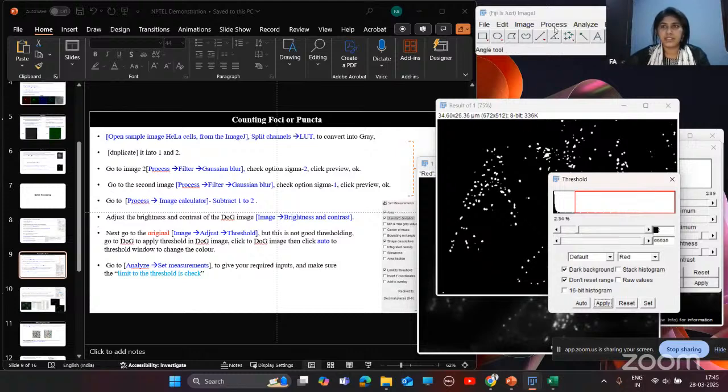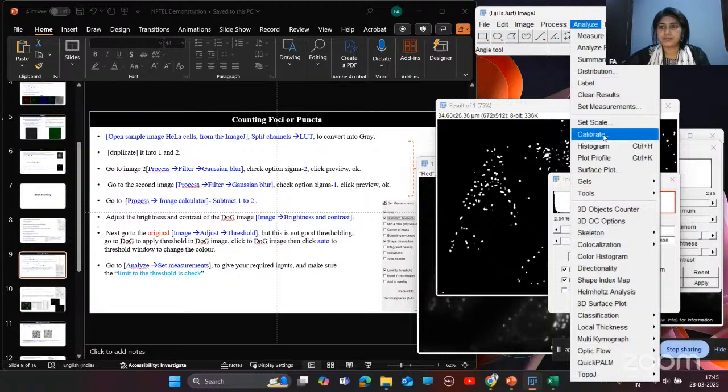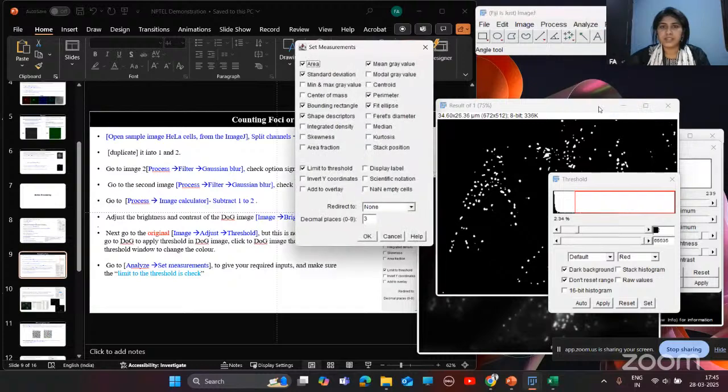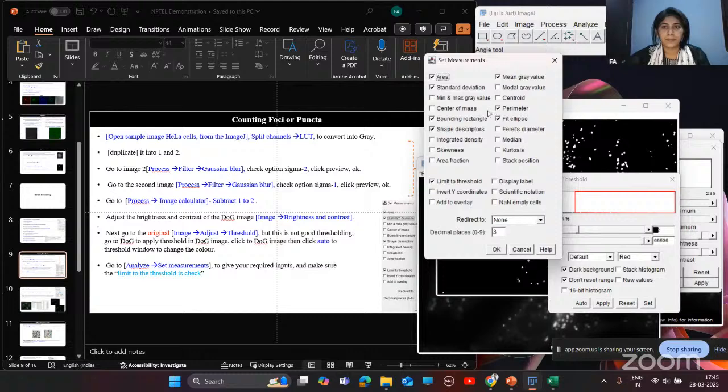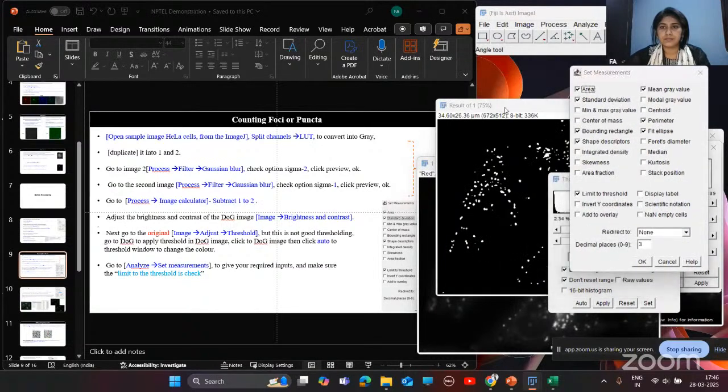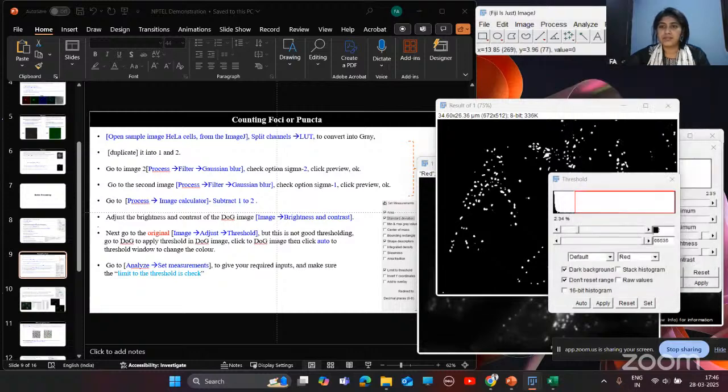So for this, we need to go to analyze, set measurements, and from here we'll take area, mean gray value, standard deviations, perimeter, and here we need to check this limit to threshold. Okay, I'll just click OK.